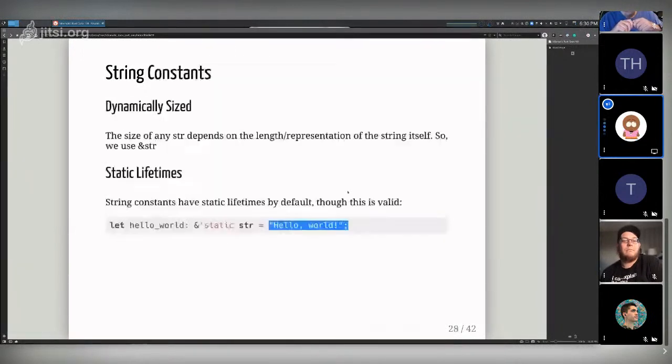Cool. So any questions about that before we get into capital S Strings, which is generally what you're going to be using? I won't go too deep into it, but lifetimes are hard. Which is why having a static lifetime, which can be used basically everywhere, is very, very helpful, right?